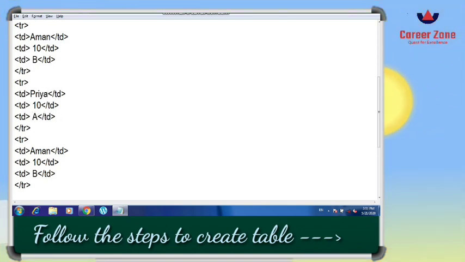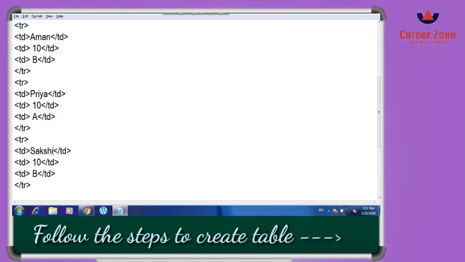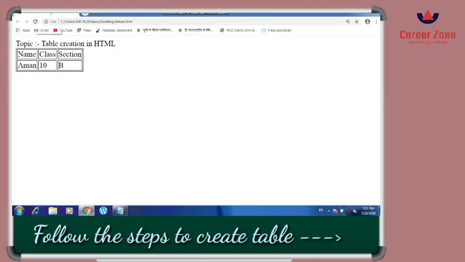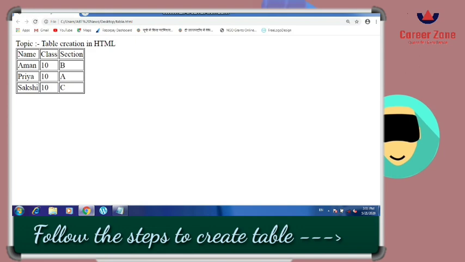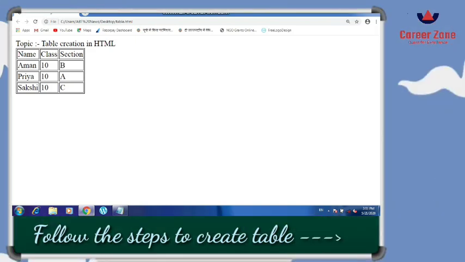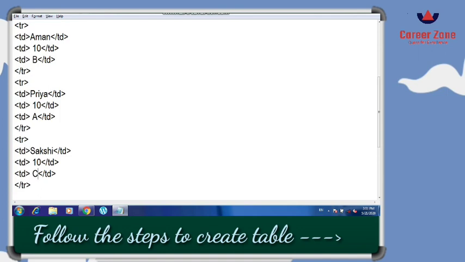Suppose here I have used 10a, suppose 10b here, 10c. Now save the file, execute it. See how it works. So as many times as you want a row to be created, you have to repeat this code. You have to define the tr tag again every time.